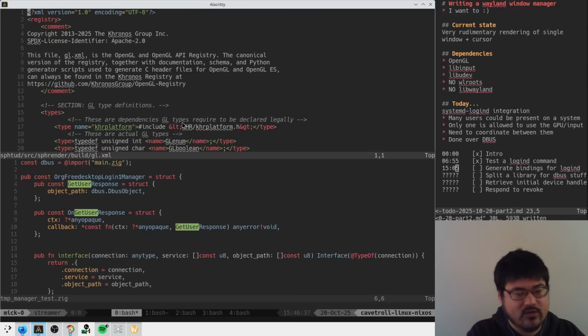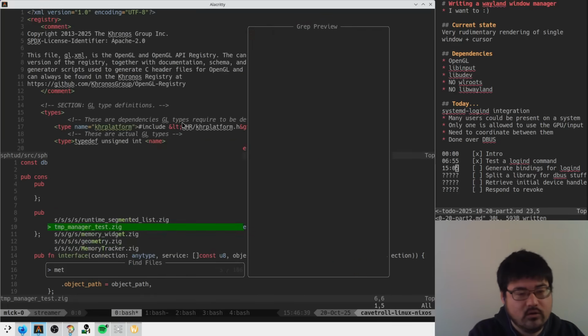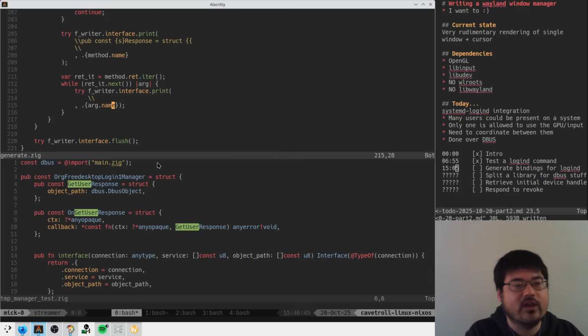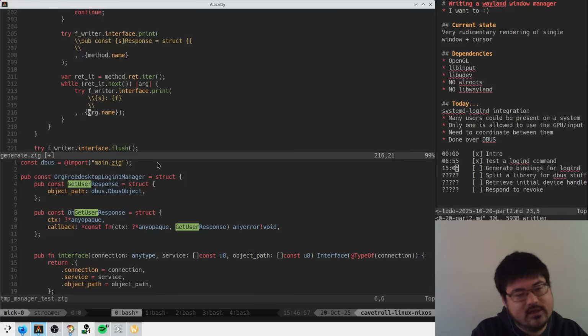What does that look like in the XML? It's already the right casing here too. Yes! So here this thing is of this type, right? So I think we're gonna be doing something that looks like this. We're gonna take the argument name, and then, I guess here, that's fine. We want